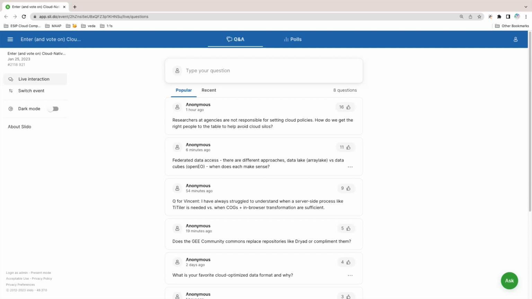Eli, did you want to? Yeah, I can kind of talk about that. I'm a research scientist at NOAA Fisheries, and we've definitely dealt with that issue that I didn't actually catch the name who mentioned that, in an academic situation where the end user is not consulted on what tools are purchased. And